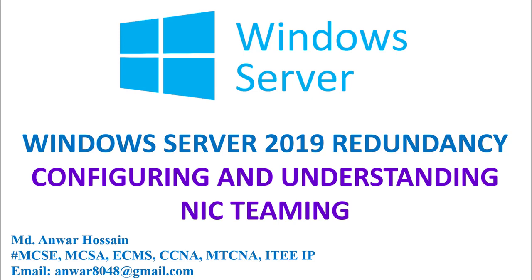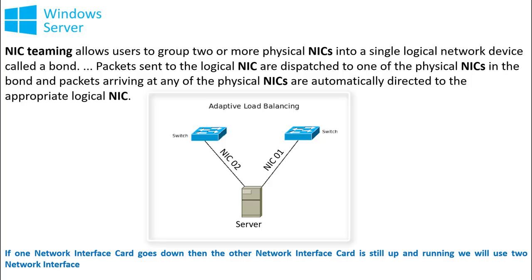Today's video is going to work through Windows Server redundancy between two network interface cards. We're going to go through NIC teaming, explaining in detail what it does and what it is useful for. This is a very good feature in Windows Server, as you get redundancy with different physical network interface cards. NIC teaming gives us load balancing and redundancy with our networking and is very easy to configure in Windows Server 2019.